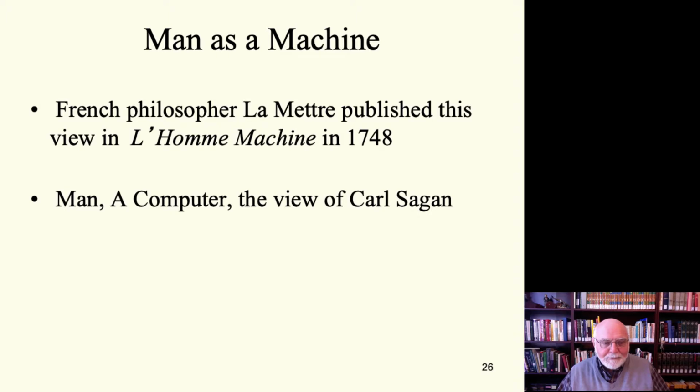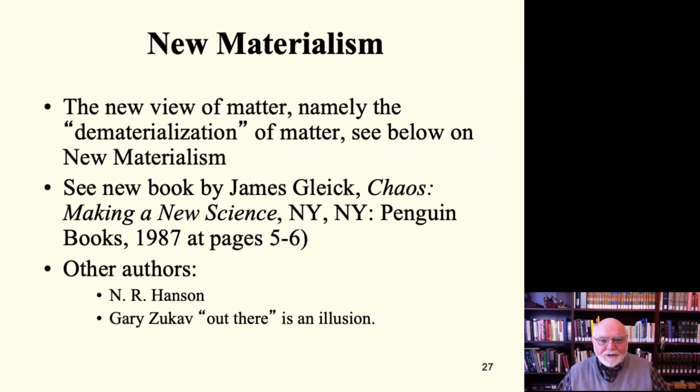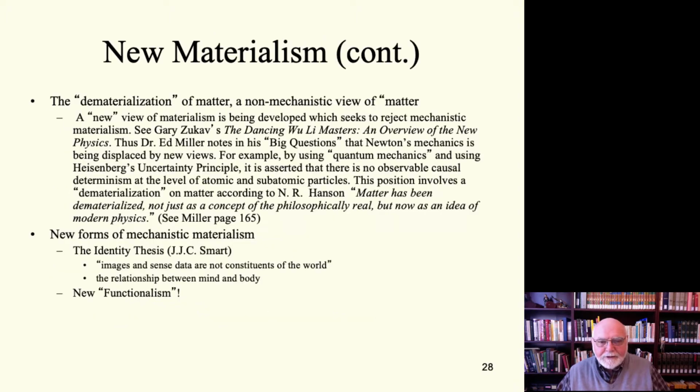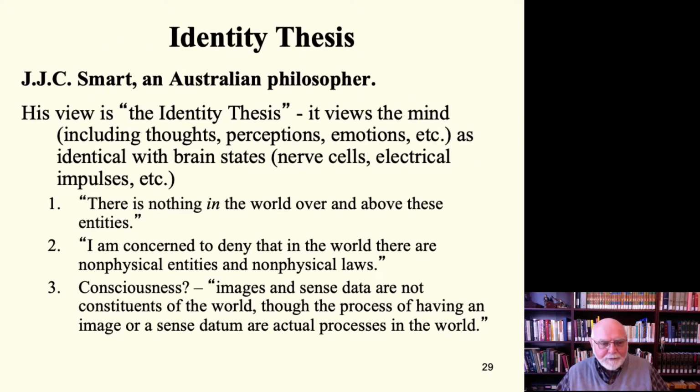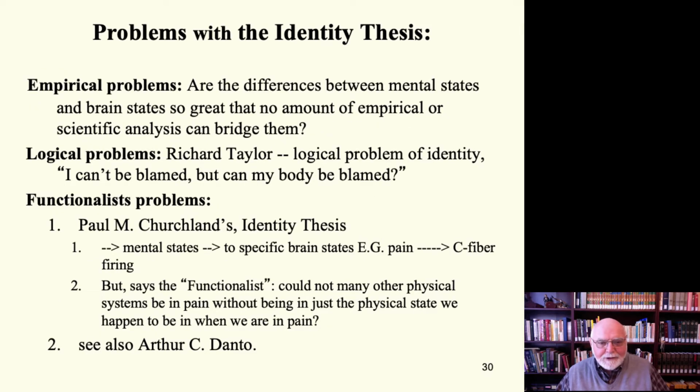Carl Sagan is interesting on the same topic and very contemporary for you. However, there have been some responses to the concept of Hobbes' view, and I've given you some indication of those here. I've called it new materialism, just to help you follow through on it. I've given you a number of books and other references, and some further material. I'm not going to spend much time on this, or into a debate with J.J.C. Smart, who came up with this interesting identity thesis. I've given you some of the information there, and some of the questions that a number of people have, including I have, about that.